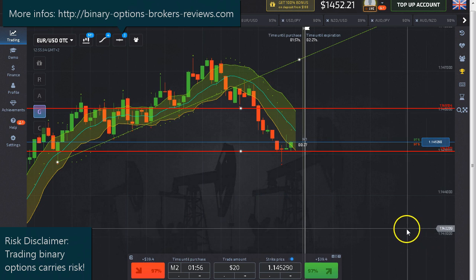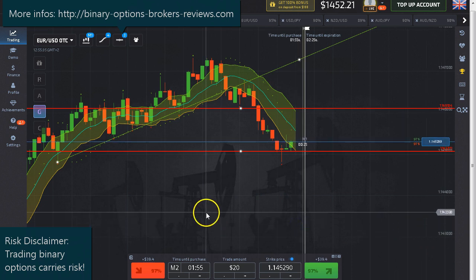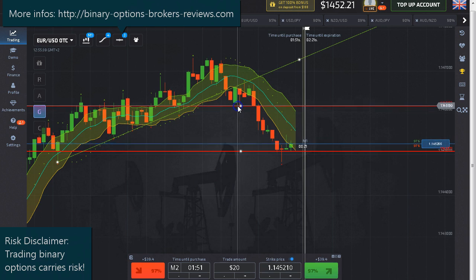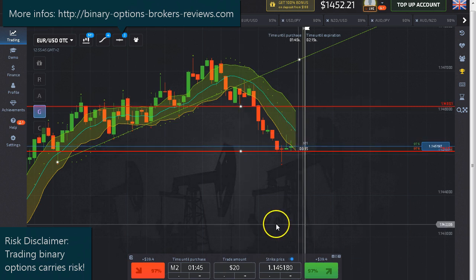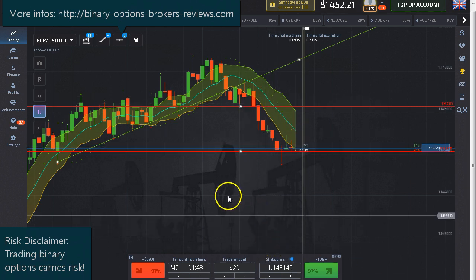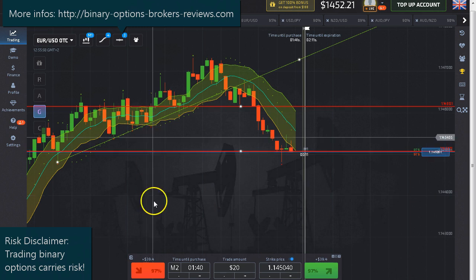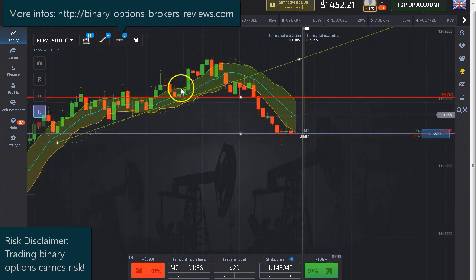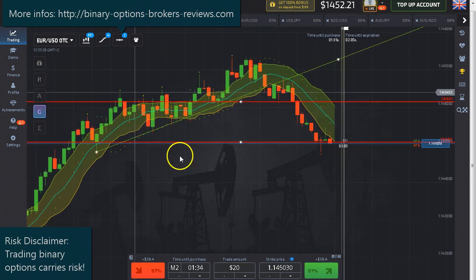So I hope I could show you a little bit. It always depends on your strategy. If you trade a trend following strategy, you should look for a good trend. If you look at a breakout strategy, for example, you need to look for sideward markets. This way, for example.